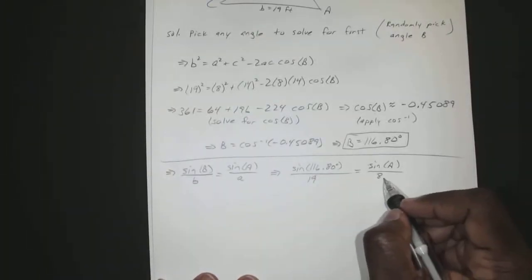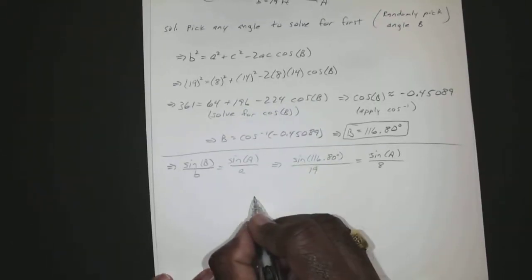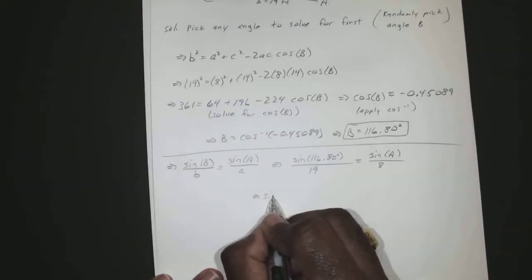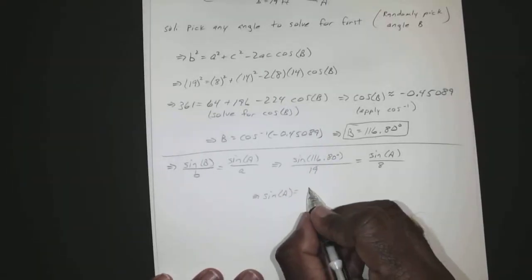And we just multiply both sides by 8. So sine of A is equal to 8 times sine of 116.80